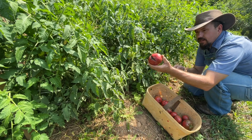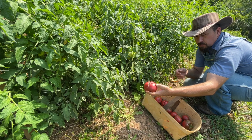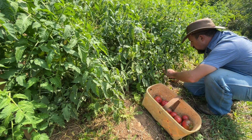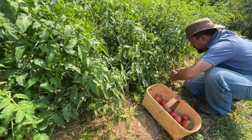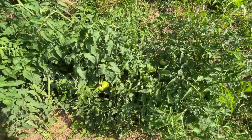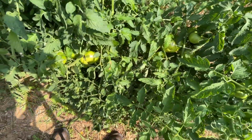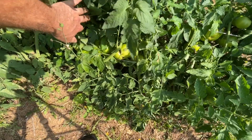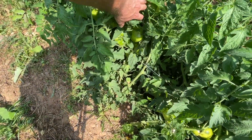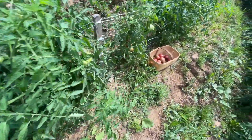Now some of them split like that. I'll take them to the house and I'll use them first. I'll cut that split out and smell the good half, and see if it still smells good. If it does, we'll use it. Right here you can see these maters is so loaded down. It's bending my little trellis over. It's just covered up in there. I guess I could put more stakes in, but